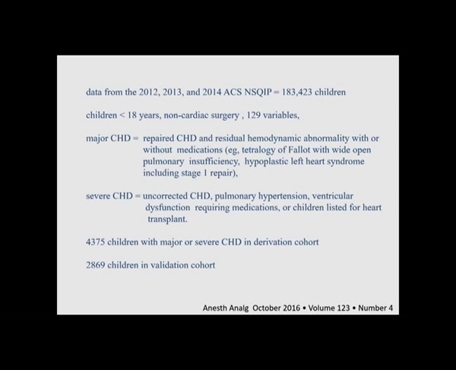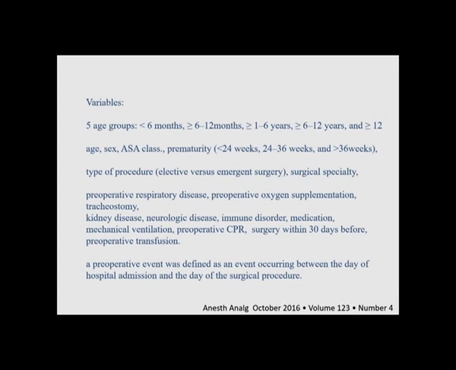So they took 4,375 kids with major and severe CHD in order to find what are the relevant points that can tell us ahead of time these kids are a special group. And then they used close to 3,000 children to validate this score, this cohort and this score. So here are the different variables they looked at the beginning: age group, ASA,